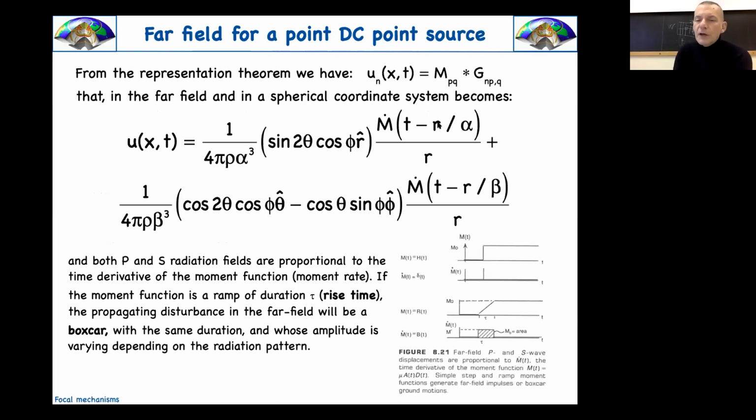From the Green's function theory, we have computed what the terms of this are. And so if we go in the far field for a point source, what you're getting here is this beautiful expression. We're waiting for a P wave, for an S wave, spherical waves. Their amplitude is dependent upon the relative position